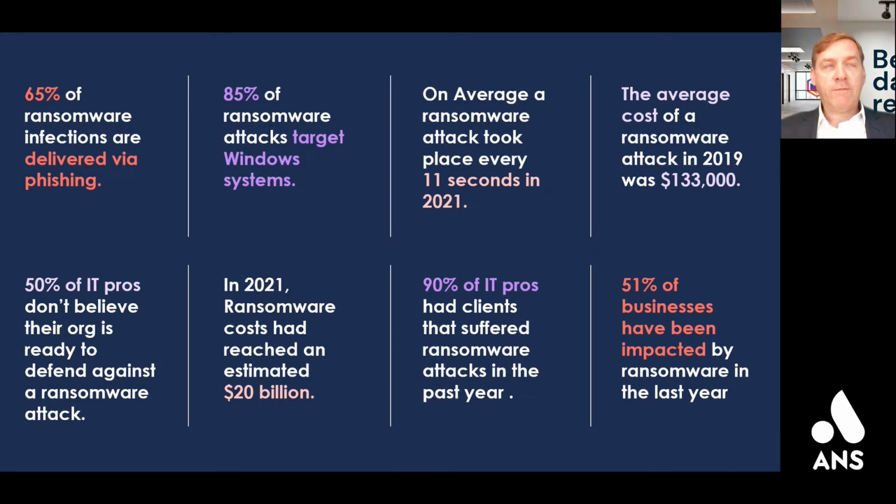In a recent survey of organisations that were hit by ransomware and paid out, most of them said they would pay again. Conversely, of organisations that were surveyed that hadn't been hit by an attack, 67% said they wouldn't pay. So there's a gap between what organisations think they can do and what they can actually achieve. Just rounding off on that 20 billion number,